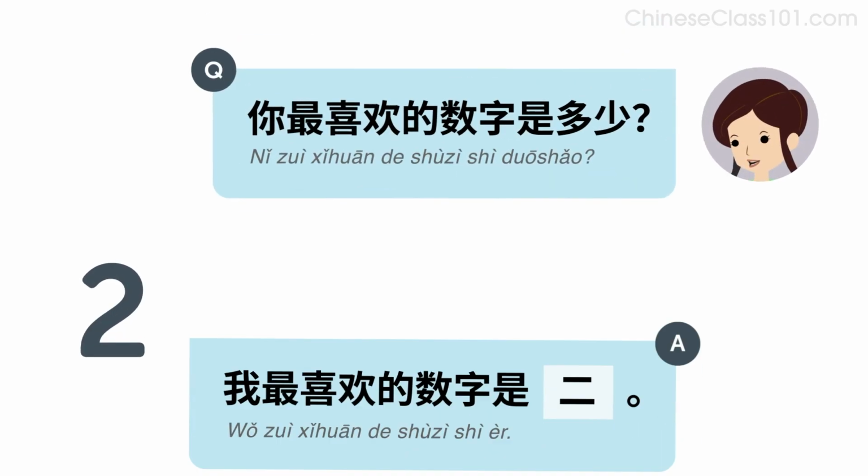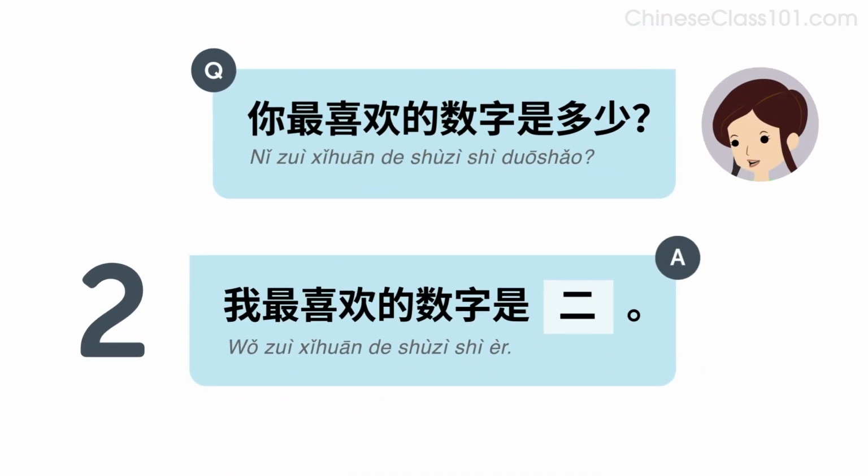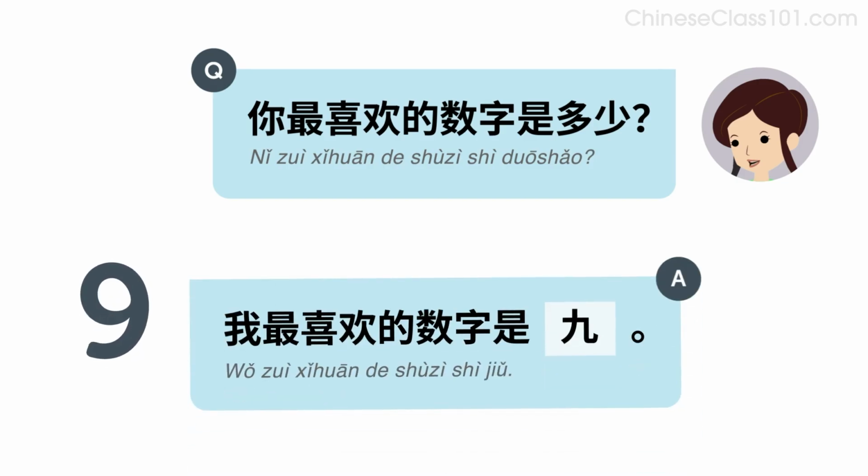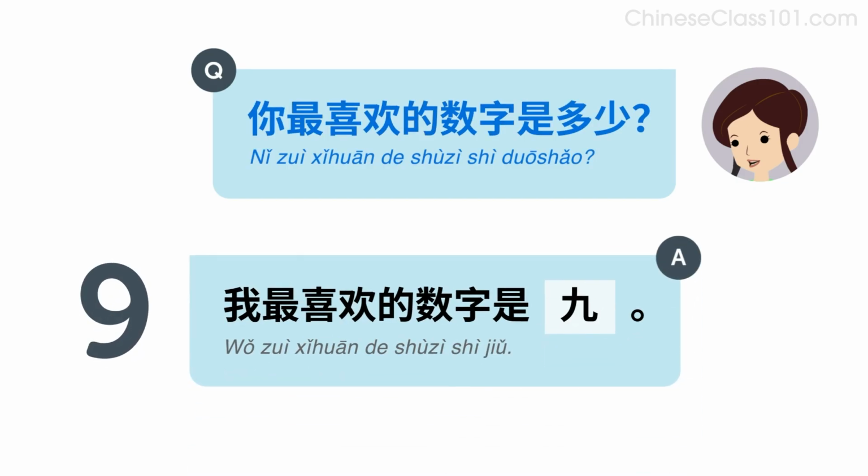Let's look at some examples. Listen and repeat or speak along with the native speakers. 你最喜欢的数字是多少？我最喜欢的数字是二。你最喜欢的数字是多少？我最喜欢的数字是四。你最喜欢的数字是多少？我最喜欢的数字是九。